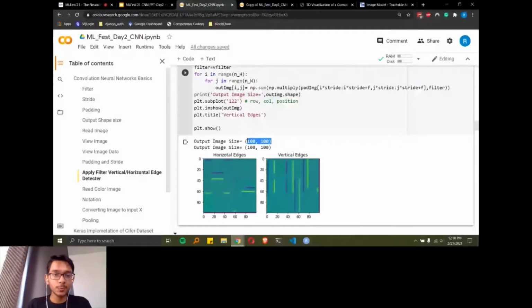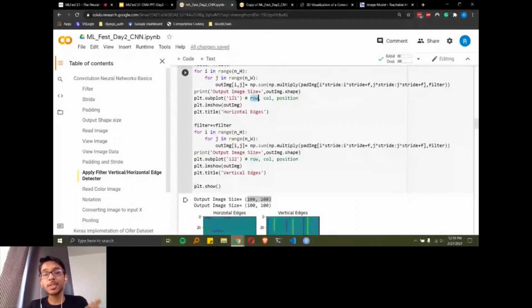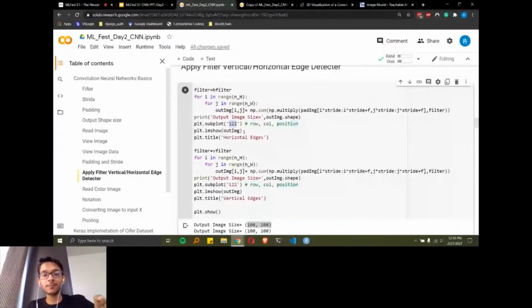Okay. So plt.subplot is just a basic function to plot these images in a particular fashion. What does it signify? The first number 1 here signifies the row, the second number signifies the column, and the third number in this subplot parameter indicates the position. So we can infer from this that this horizontal filter will be in the first row, and there will be 2 columns, and it will be in the first column itself. So the position is the first column, and that's why it's very simple. And we have applied the title as horizontal edges, you can see there.